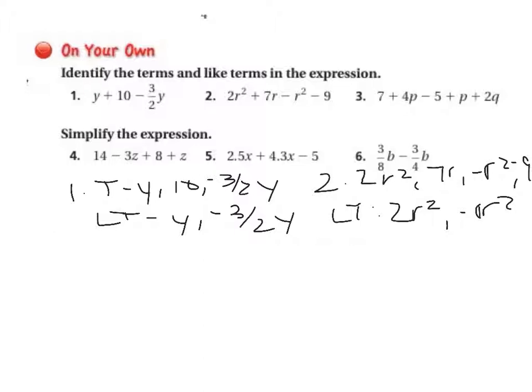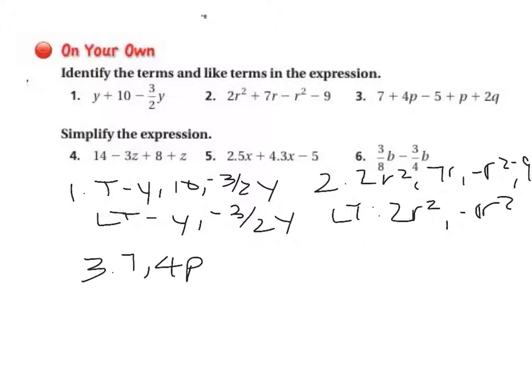Those two go together. And then we have nothing else that matches up, because 7r doesn't have a friend and negative 9 doesn't have a friend. And then looking at number 3, we have 7 is a term,